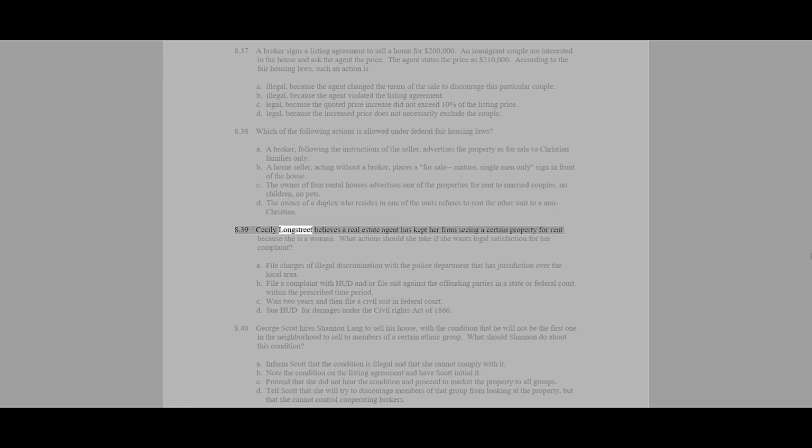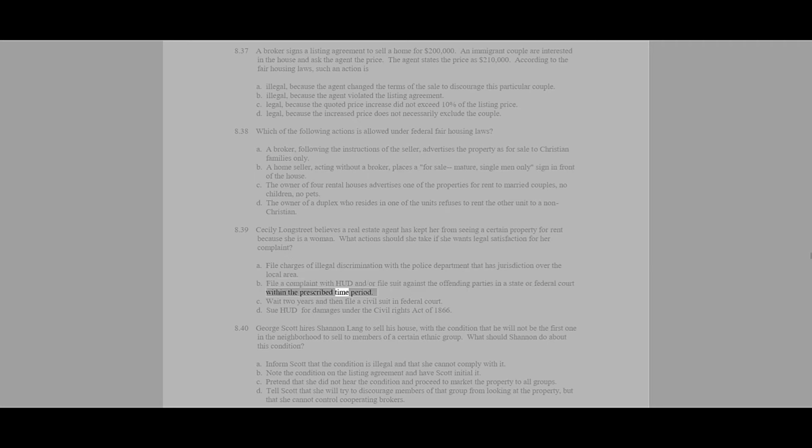8.39 Cecily Longstreet believes a real estate agent has kept her from seeing a certain property for rent because she is a woman. What actions should she take if she wants legal satisfaction for her complaint? A. File charges of illegal discrimination with the police department that has jurisdiction over the local area. B. File a complaint with HUD or file suit against the offending parties in a state or federal court within